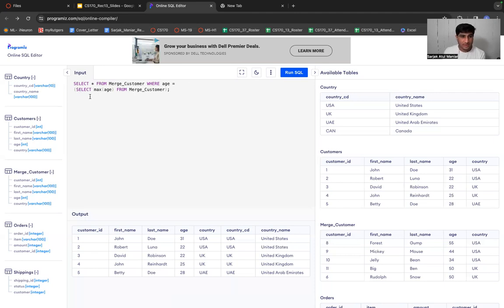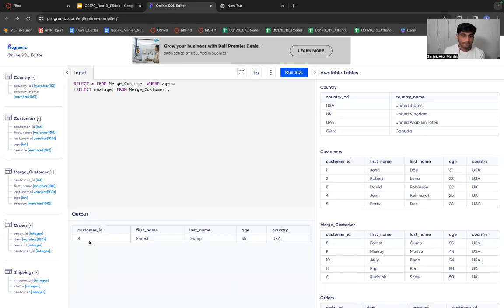So I say equal to select max of age from merge customer. Now, just for a while, ignore this keyword called max. Select max of age from merge customer. Okay, run. I'm getting some kind of output: the customer ID 8, first name Forrest Gump, 55, USA.